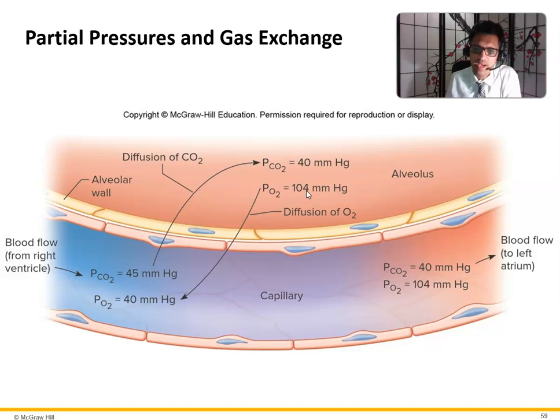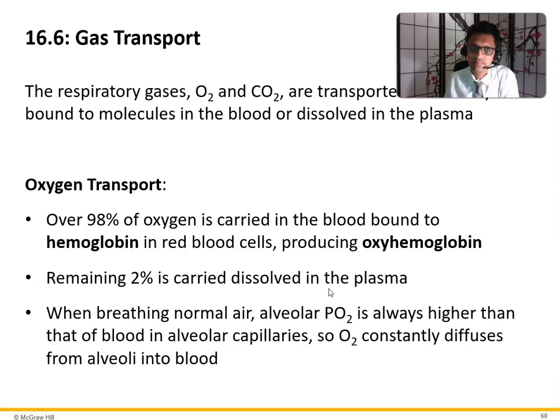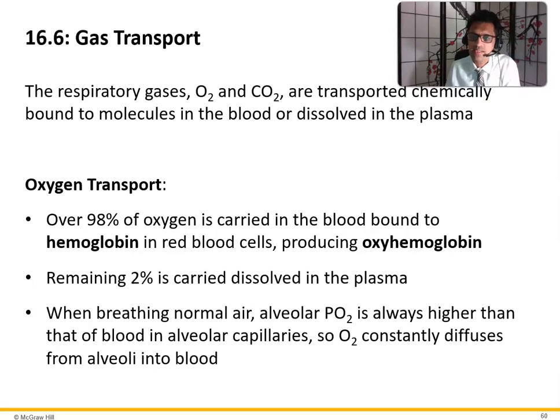So if we go from high concentration to low concentration, of course we're going to go from the alveoli into the capillary, but we also want to get rid of the carbon dioxide. So from high concentration to low concentration, it goes from 45 to 40 in simple diffusion. Again, diffusion is just high concentration to low concentration movement. That's all it is. So through this simple diffusion, this is how exchange of gases takes place between the capillary and the alveoli. Now, what we need to do is transport gases, but let's hold off on this right here.